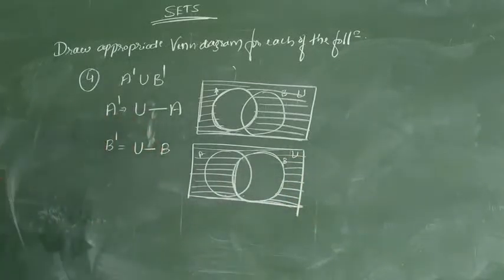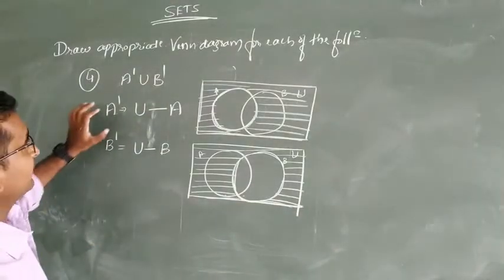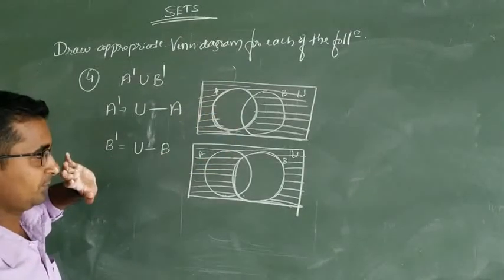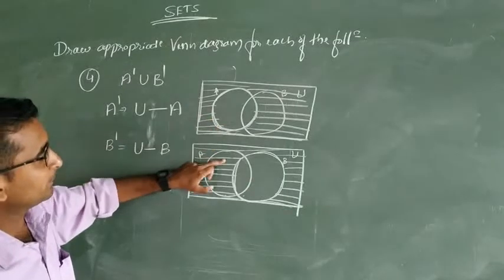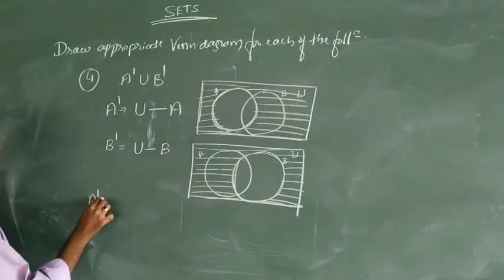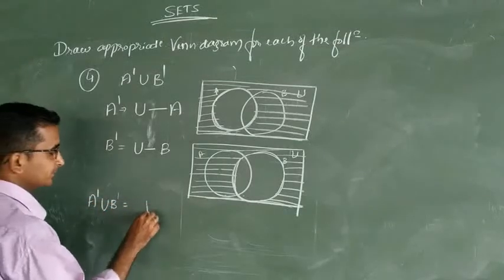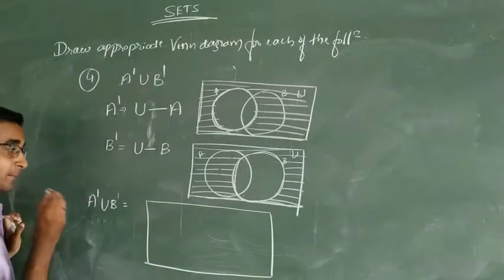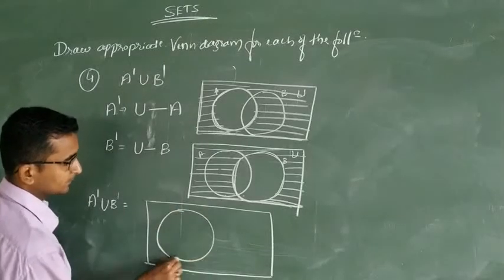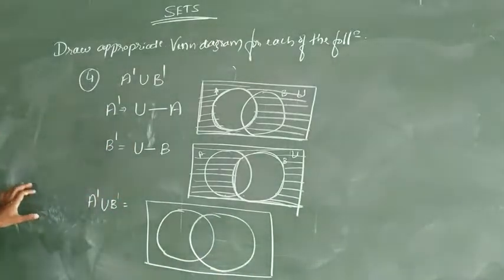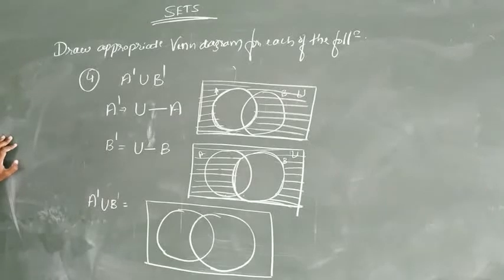Then what is the union? The elements which are present in A dash as well as in B dash as well as in both. They should be present in A dash, present in B dash, and also in both. So what is A dash union B dash? A dash union B dash is nothing but A intersection B whole dash. Those present should be in A dash as well as in B dash as well as in both.